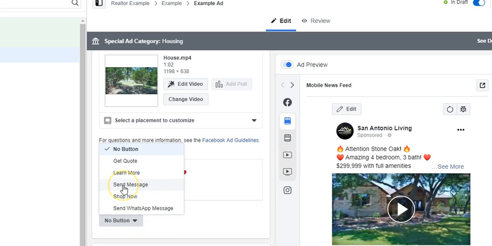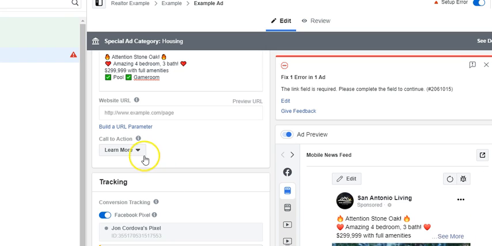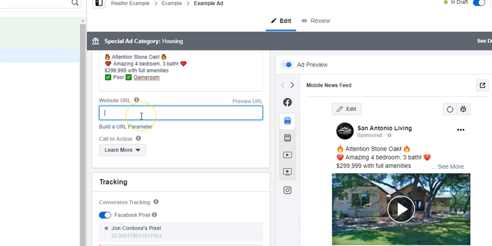Now, depending on what you're doing, send message, learn more, probably on this one. And that would send you to a page, maybe you have it on your Realty site. So you would just go to that Realty page for that particular link. We're not going to do anything right now. You do it to that link on your site, and that link only, to this home on your site,